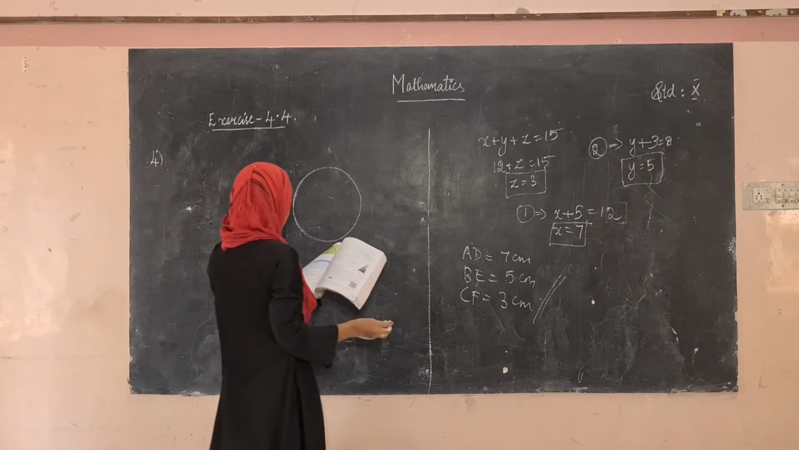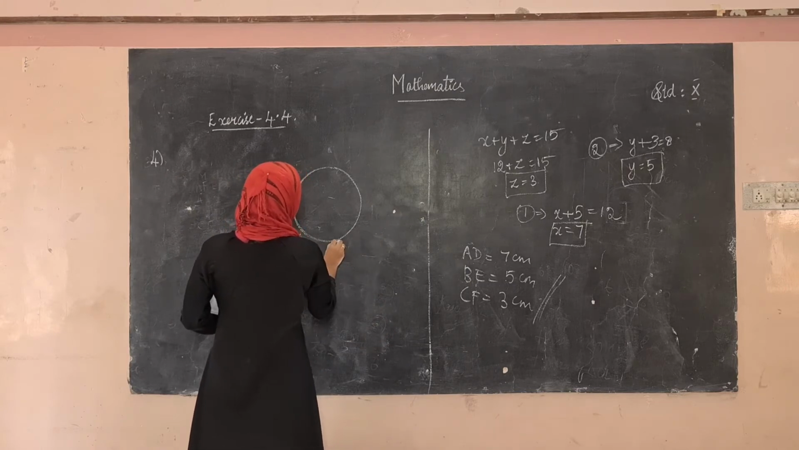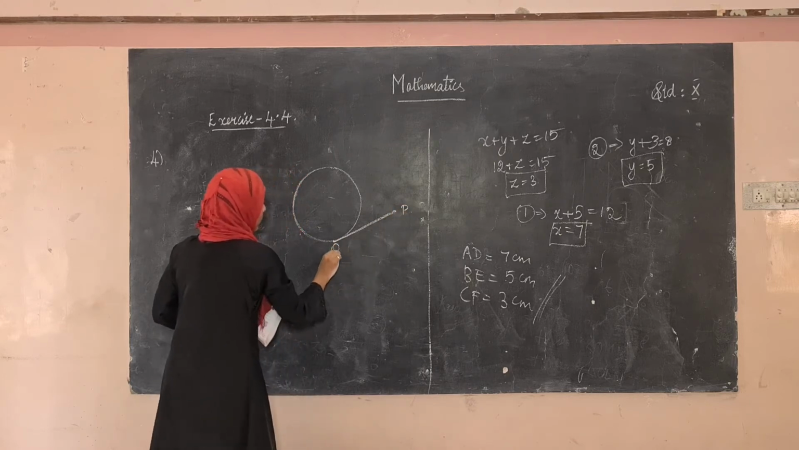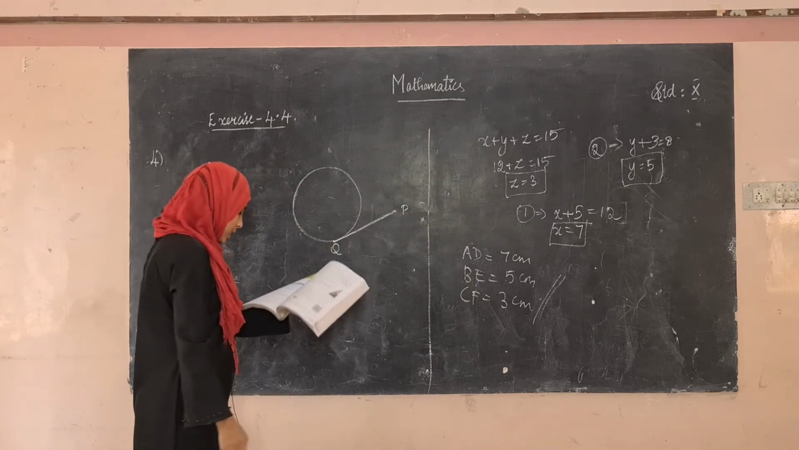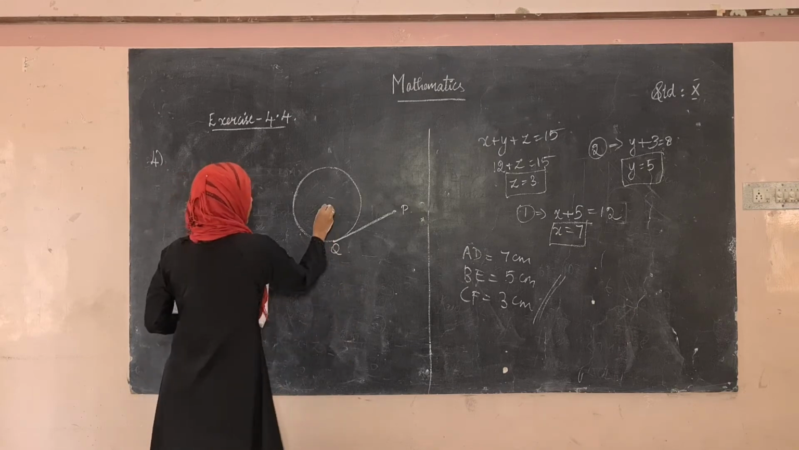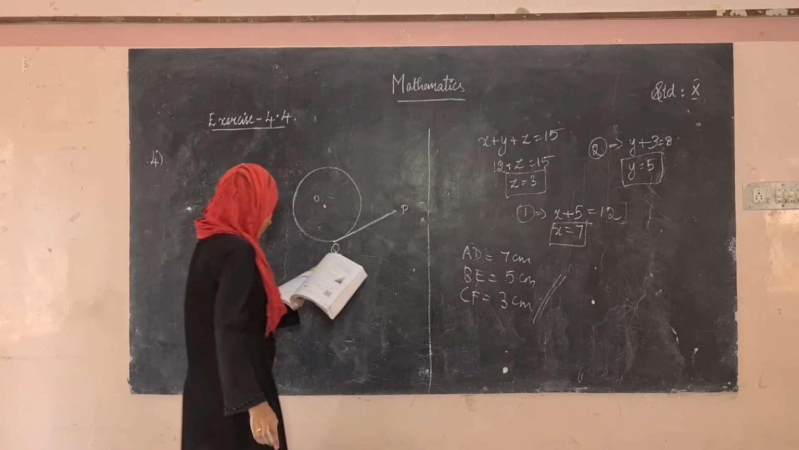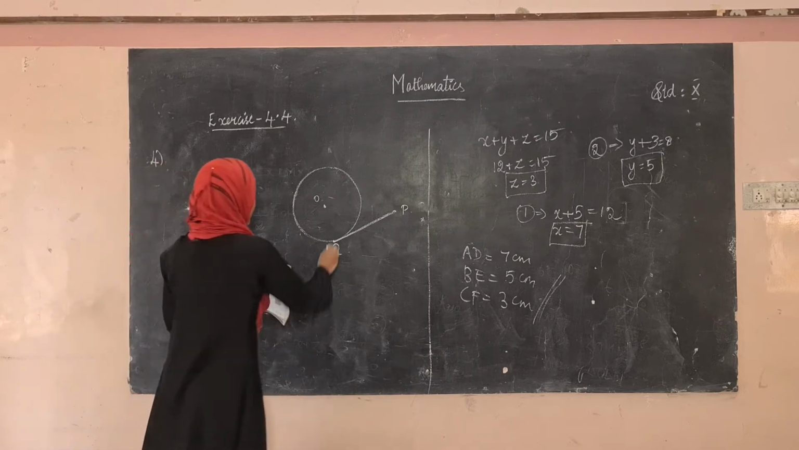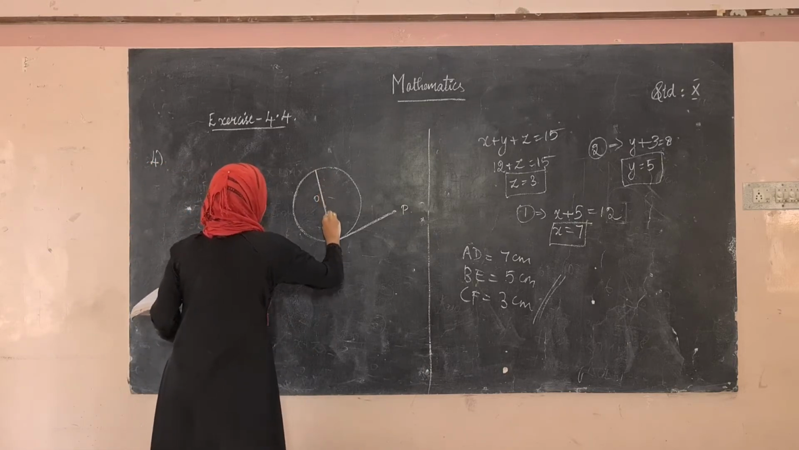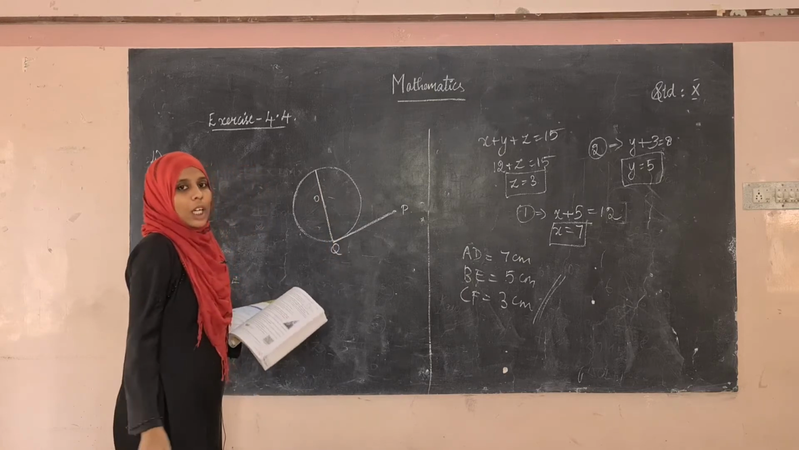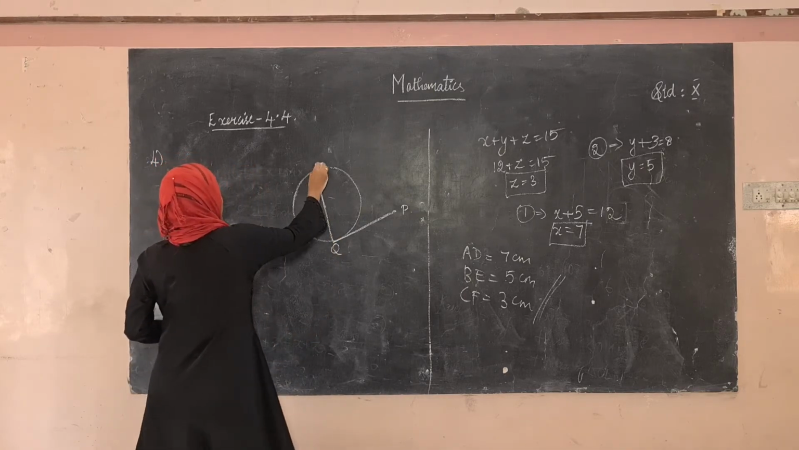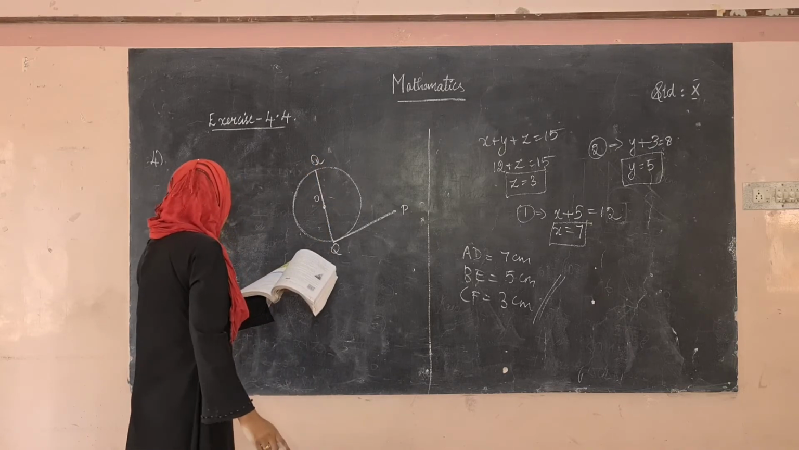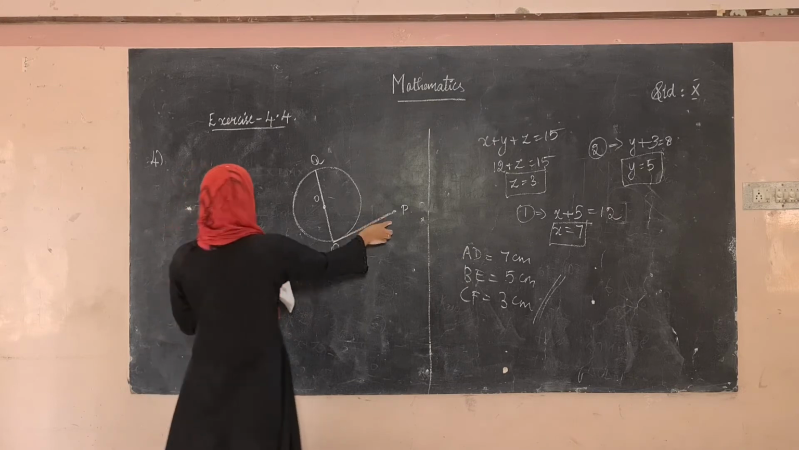PQ is a tangent drawn from a point P. Let this be the point and let this be the tangent. This is P and this is Q. PQ is the tangent now, and the circle is having the center O. QOR is the diameter. Diameter means the chord which passes through the center is called the diameter. So let this be Q. QOR is the diameter of the circle such that